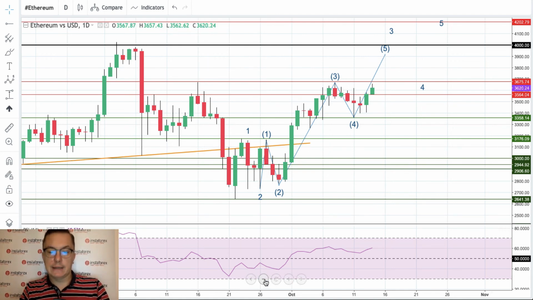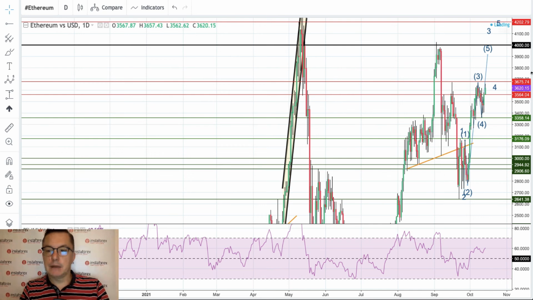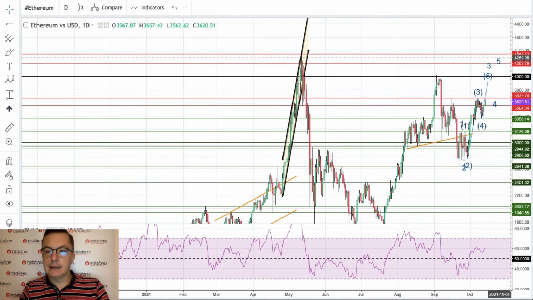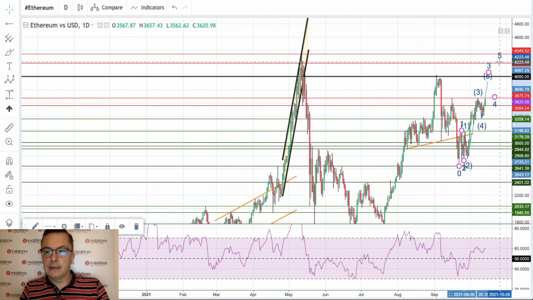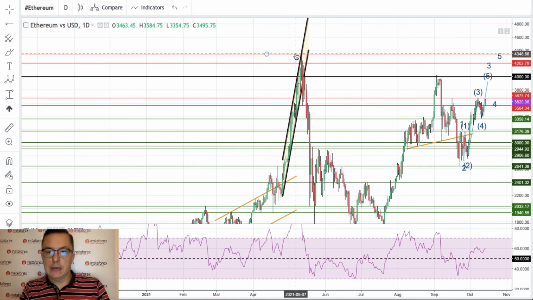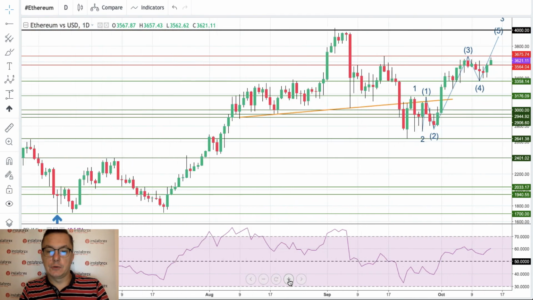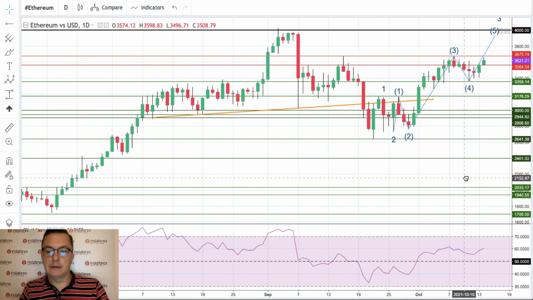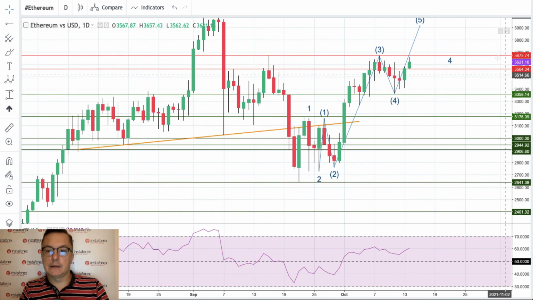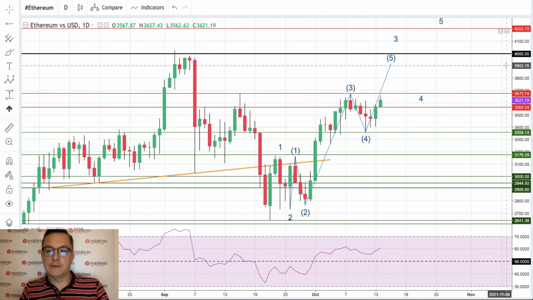We should go higher, and last but not least, if we zoom out, we can see that the target for the wave 5 might be inside the last supply zone, between the highs at $4,345 and $4,202. So this is how it looks for the Ethereum to American dollar. So please keep an eye on this market, and we will see if our Elliott wave scenario will